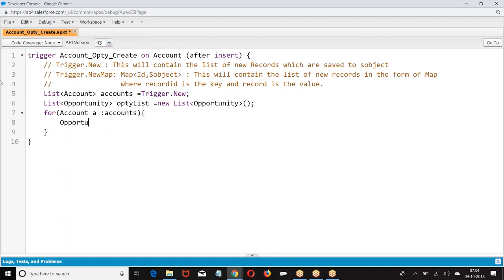Opportunity op equal new Opportunity. op.Name equal to account name.